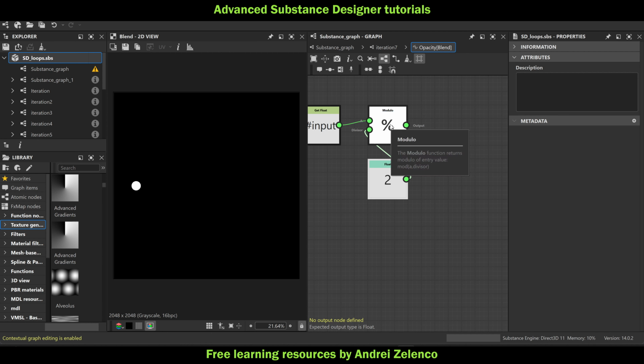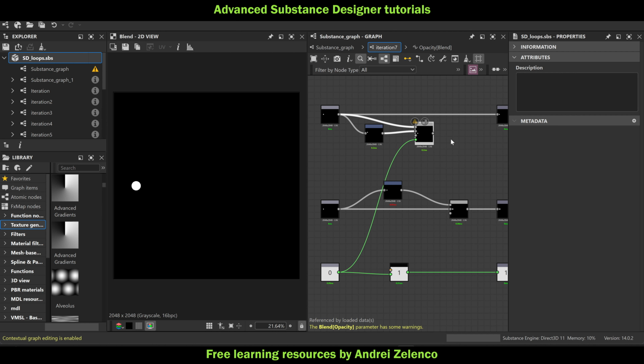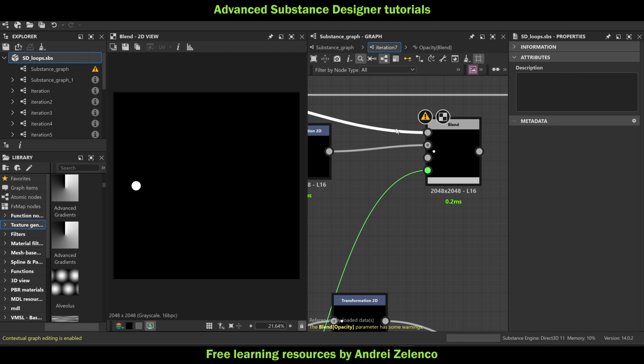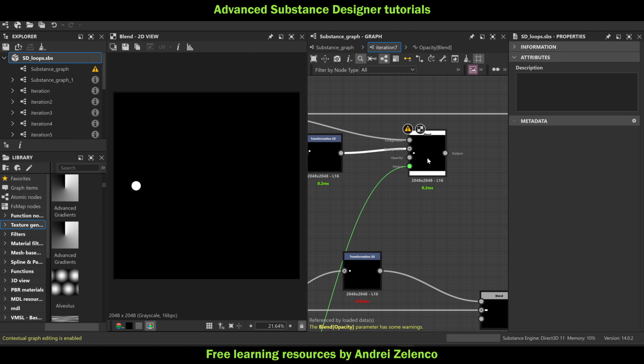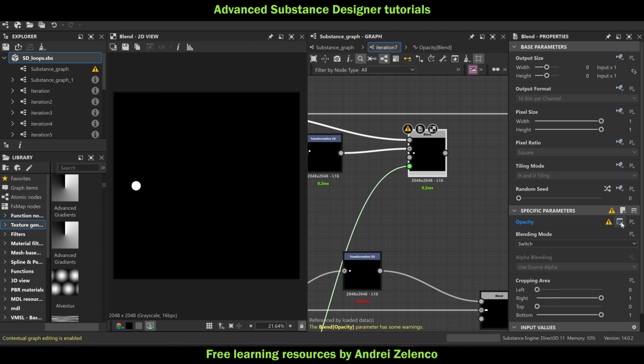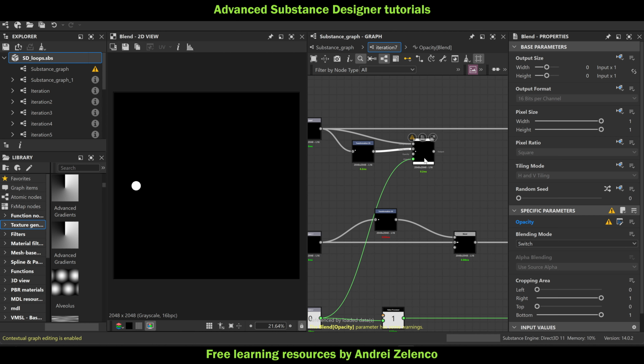So this is going to be either 0 or 1, and this is how the switch mode works in the blend node. It's basically going to execute either a branch or the other, or it's going to execute either the foreground or the background based on the opacity values, which is going to be either 0 or 1. So if this is 1, it's going to execute this. If it's going to be 0, it's going to execute this. Okay, so